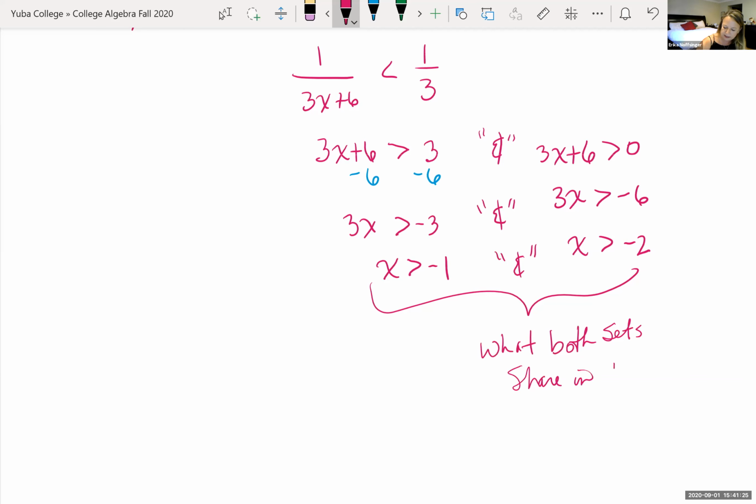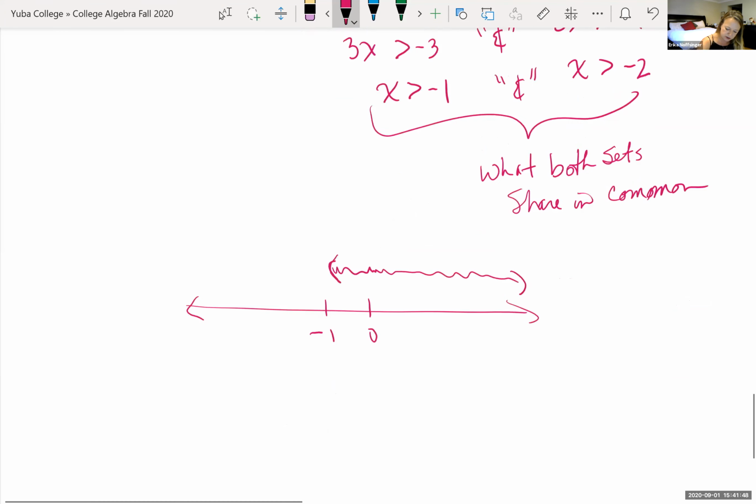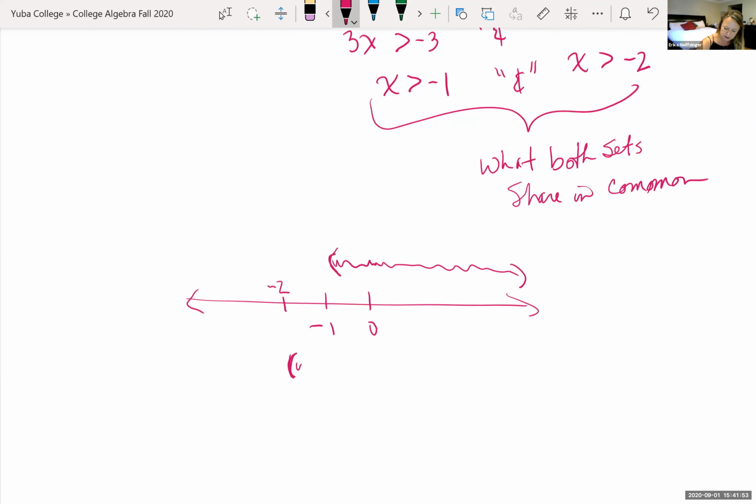And so if we look at this, if I looked at the number line, this tells me this first one, x is greater than -1. I'm going to shade it above. And then this piece says x is greater than -2. So basically right here. So if I was to shade what they shared in common, where they overlap in shading, that's going to be